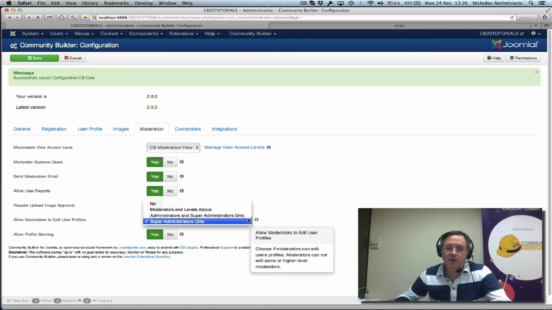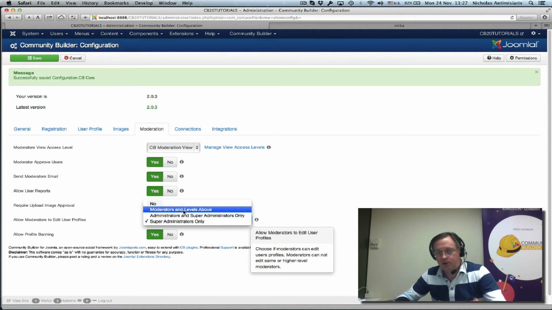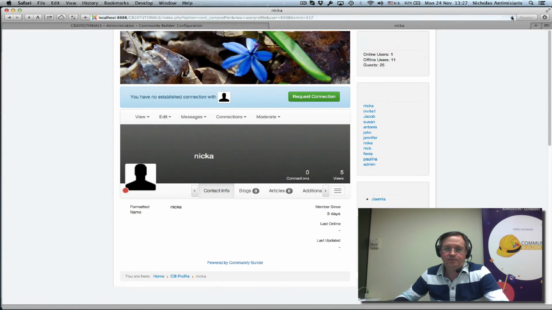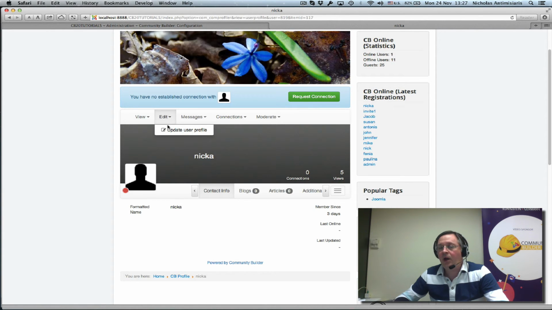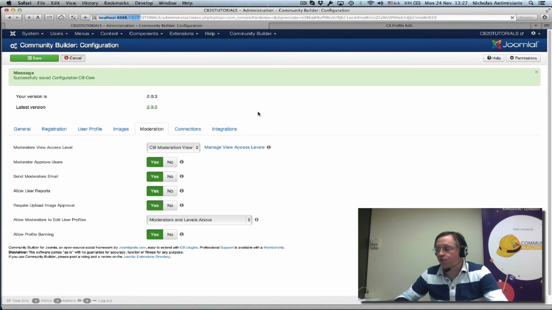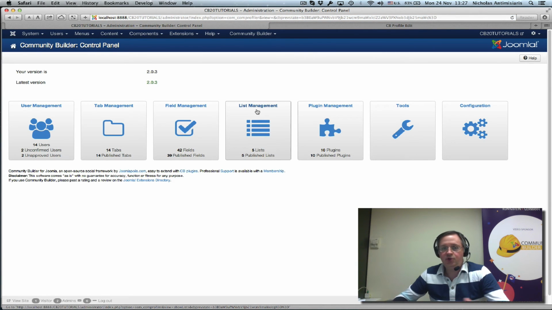Now I can change this setting here to moderators and levels above, which probably needs to be reworded, but this is the right selection here. If I set that and save, and then go to the front end and refresh this again, I will see the edit. I'm seeing this, but I shouldn't be able to update the profile just yet. Let me just test this. If I select update user profile, I get an error message saying I'm not allowed to do this. And the reason I'm not allowed to do this is because I haven't been granted those permissions in the Joomla